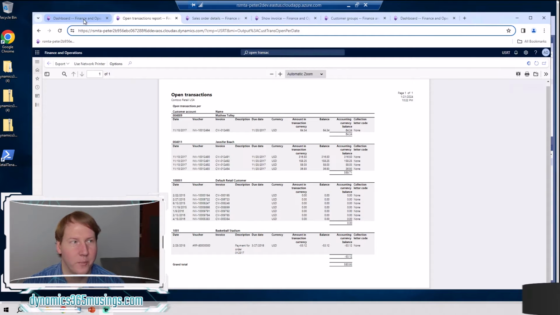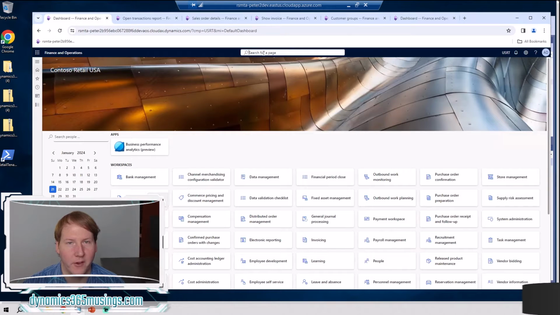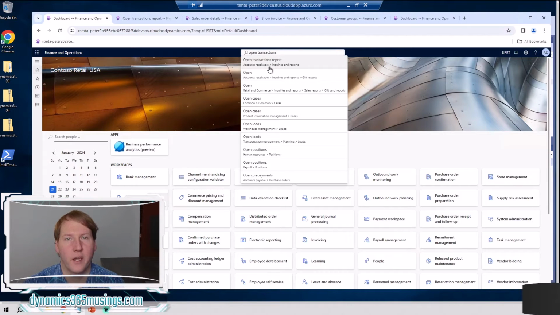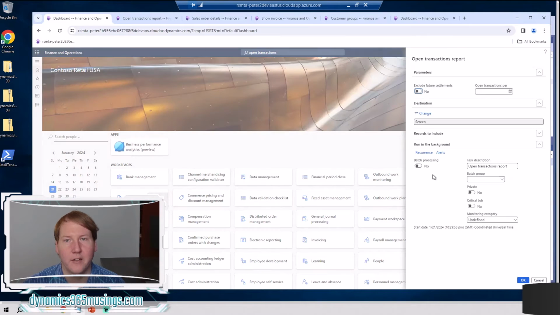One is this open transactions report. If I go back in Finance and Operations and I search for open transactions report, I can see it's under accounts receivable, inquiries, and reports. When I click on it, I'm going to get the same kind of dialogue that I would get for a sys operations framework batch job. So very similar. I can run this report in the background. I have parameters that I can specify, but I also have the option to print this to the screen,